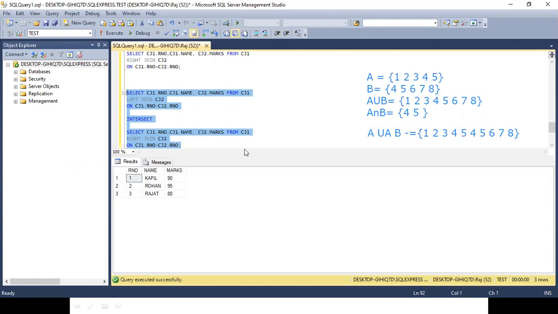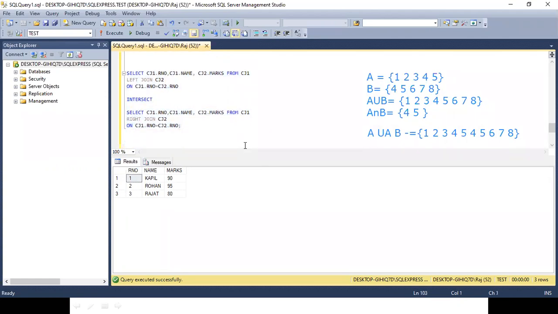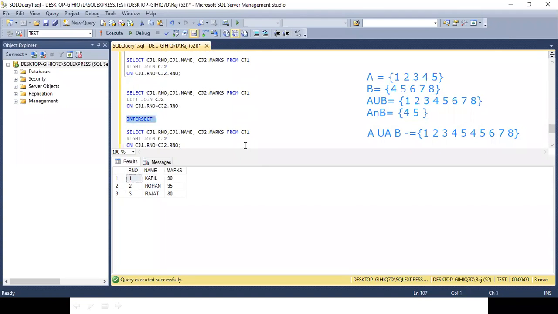Then we have one more clause which is known as except. What does it say? All the elements of A except the ones which also exist in B. Let me execute it.